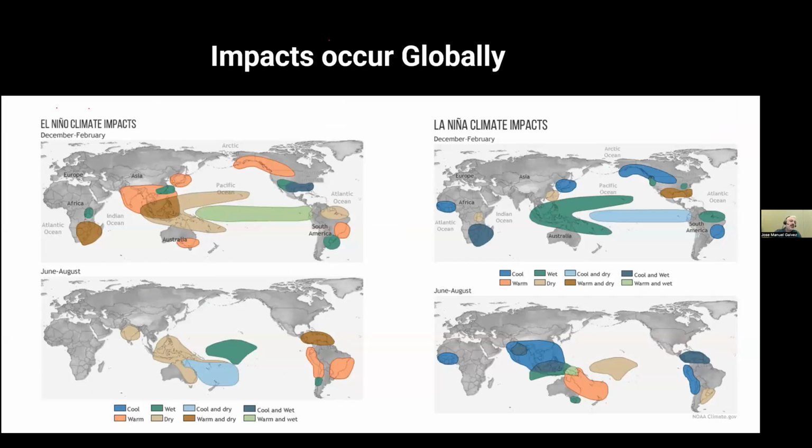These are El Nino climate impacts, and these are averages. Not all El Ninos have the same impacts, and not all La Niñas have the same impacts. We're going to get to that as well, because the El Nino system is also interacting with other oscillations that are going on, say, the PDO, the Pacific Decadal Oscillation, the NAO, the North Atlantic Oscillation, and other SST anomalies that are inducing other features. So this is complex, but in general, if you look at a lot of El Ninos, this is what tends